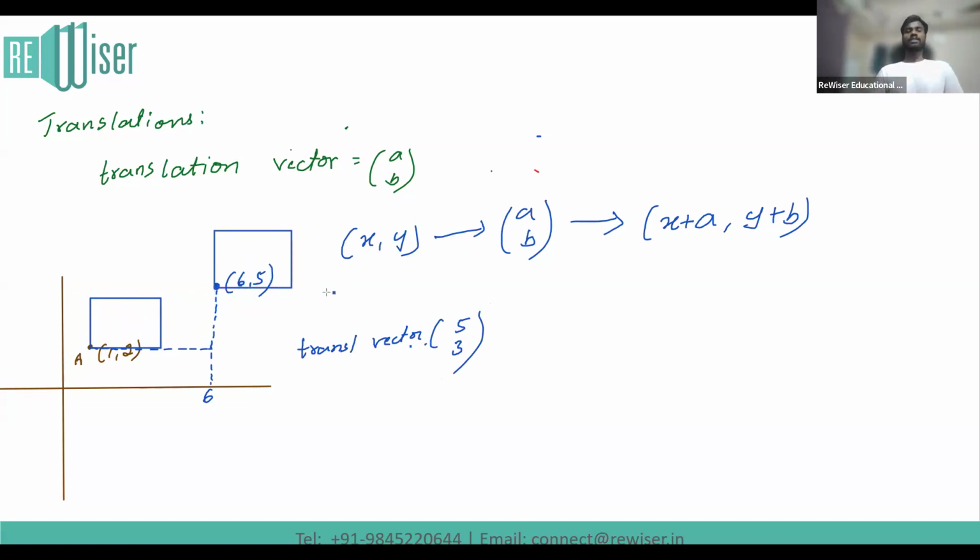This is what the translation means. And always remember this, translation means the two shapes, whatever we have gotten: one is the original shape and the second one is the image after translation. So both the shapes will be congruent. That means both shapes would be exactly the same. And this is what is about translations. Next, if I talk about reflections,